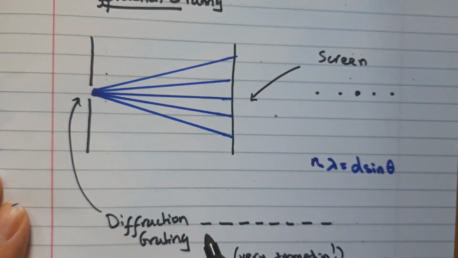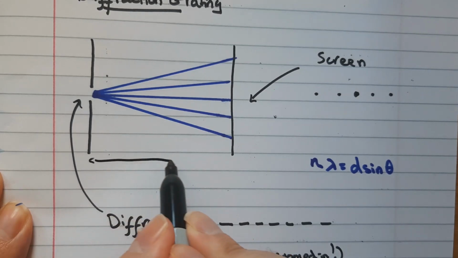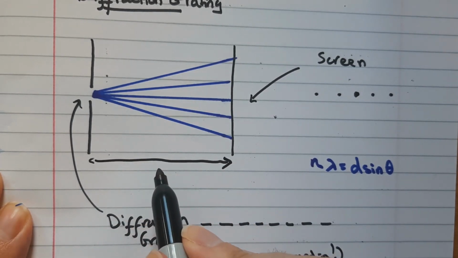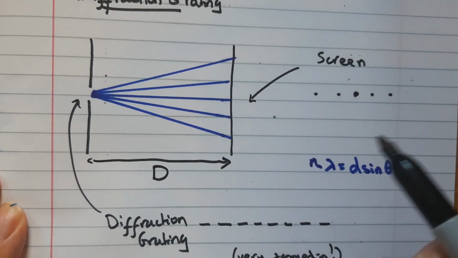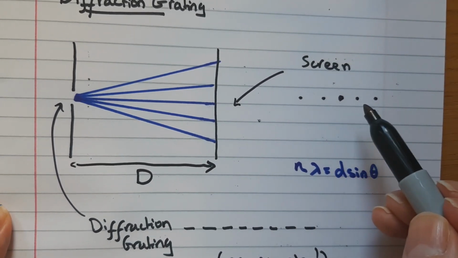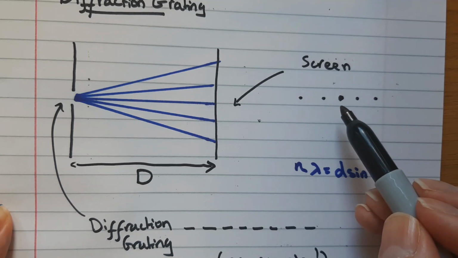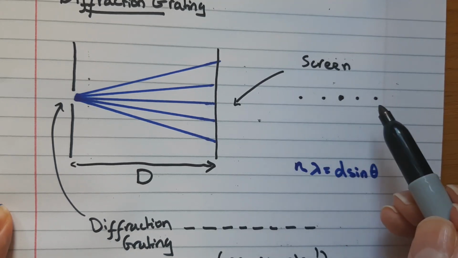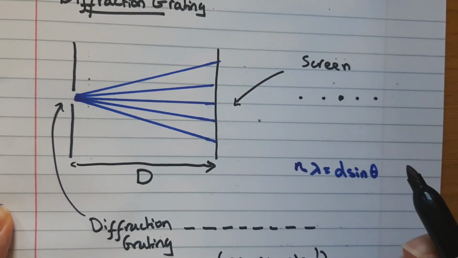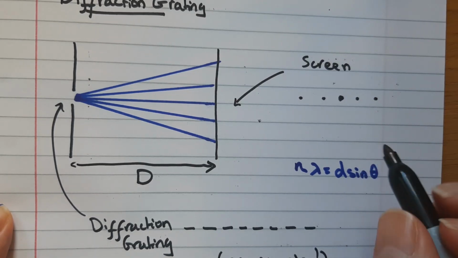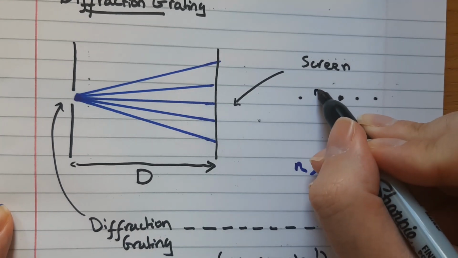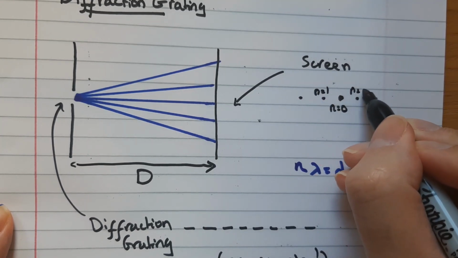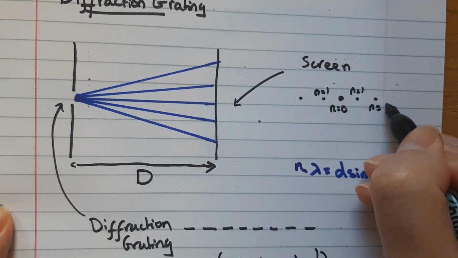And over here I have a screen. I'm going to call the distance from those slits, the diffraction grating, to the screen, capital D. On the screen, we see dots of light. We see a central dot, and then we see dots either side and dots even further out. We give these dots order numbers. We call the central dot n equals 0. We call the dots either side of that n equals 1, and the dots either side of that n equals